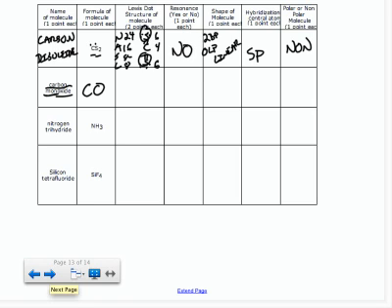Is it polar? No, because there's sulfur on both ends. It's the same thing. So carbon monoxide, you've got 2 atoms, neither is hydrogen, so the need is